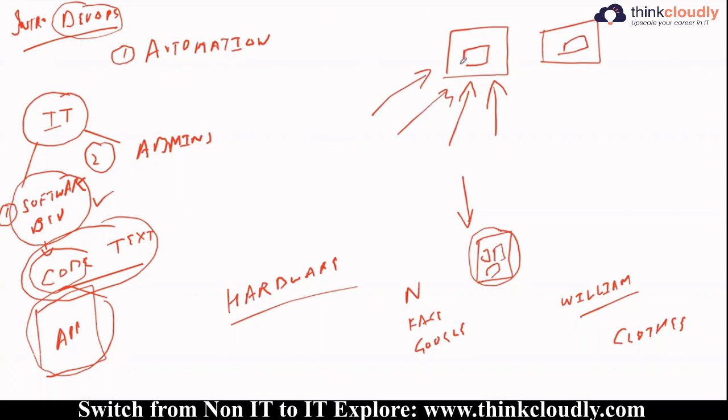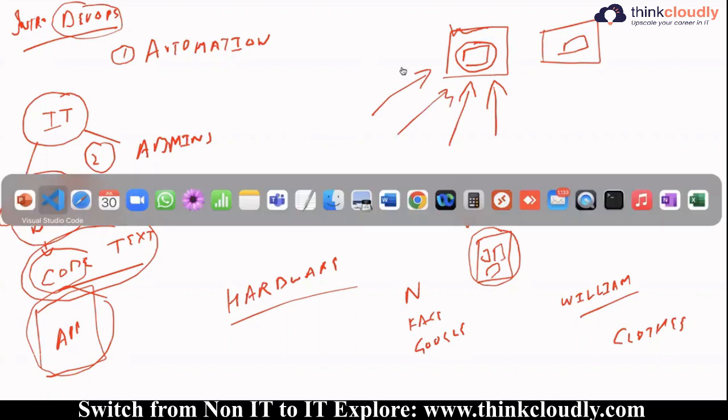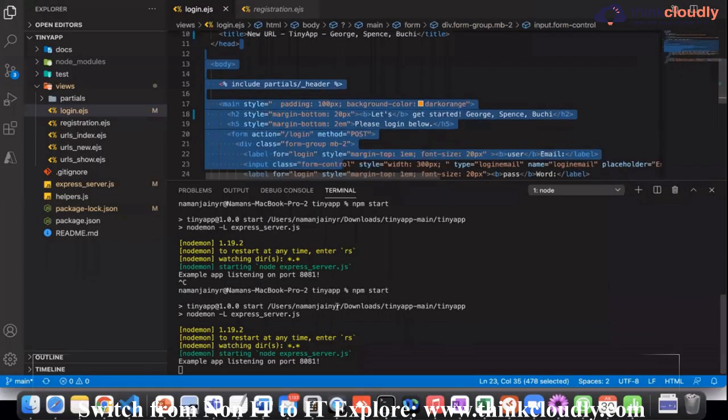So there are two things which are involved whenever you want to build your application. First is the application itself, and second is the hardware where the application will run. Just like that, I showed you that over here, this is the code of the application, and this application is running on my laptop. Okay, so my laptop is acting as a server. It's acting as hardware. So my laptop is hardware, and this is software. The application is software, and my laptop is the hardware.